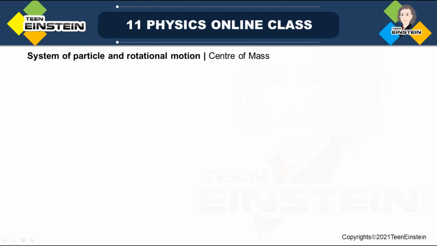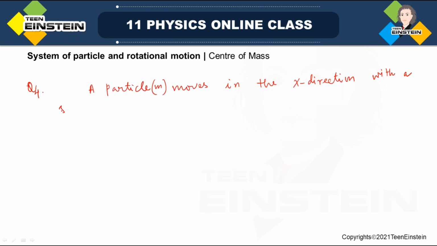Now we'll take up one more problem. Suppose a particle of mass m moves in the xy plane, in the x direction, with a speed 2v,